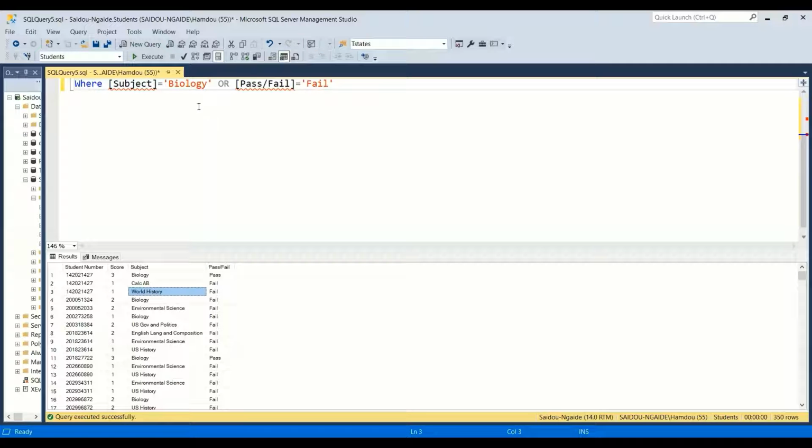Subject is not bio, right? We ask subject to be bio, although it's not bio, but the pass or fail is fail, they will return. And same thing goes here, right? So here the pass is a pass, but then subject is bio, then it's true, right? I hope that makes sense. Again, it's just an OR statement, right? So it's either one